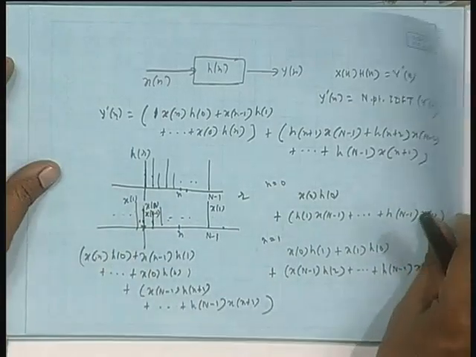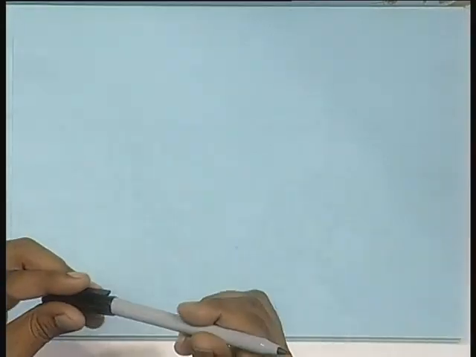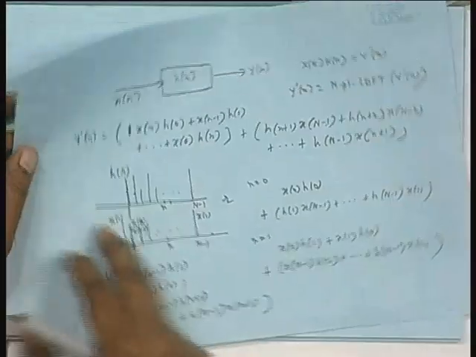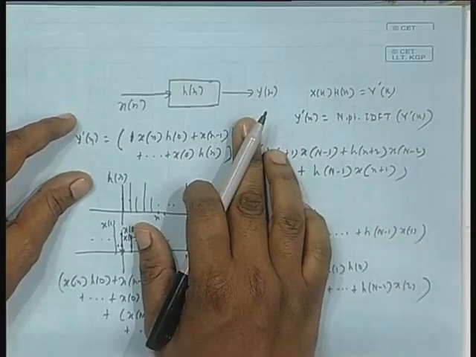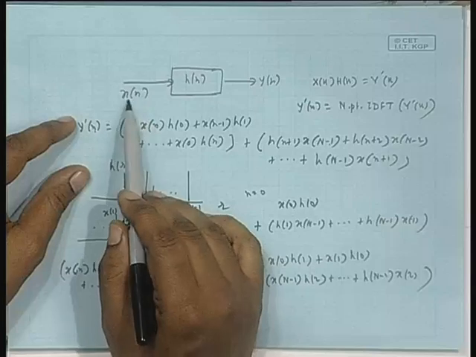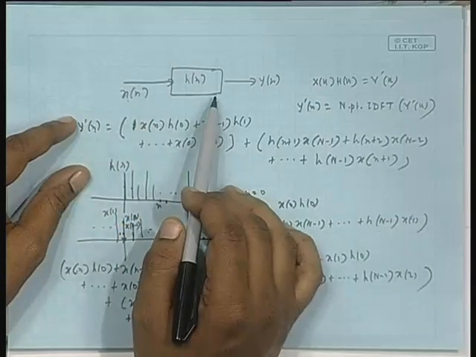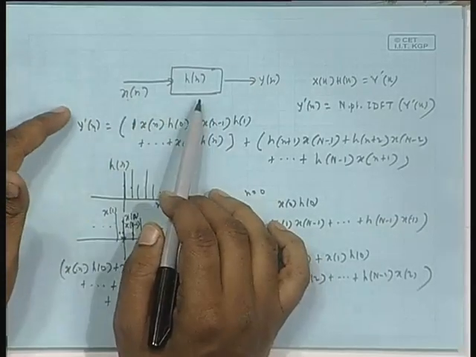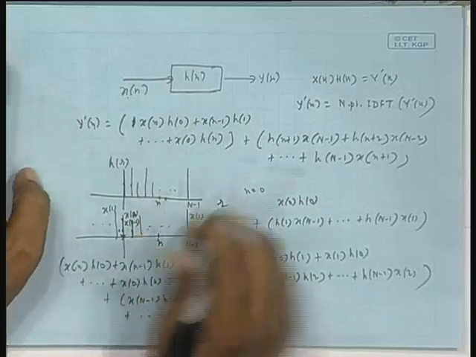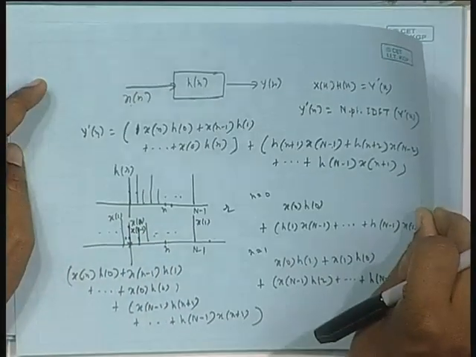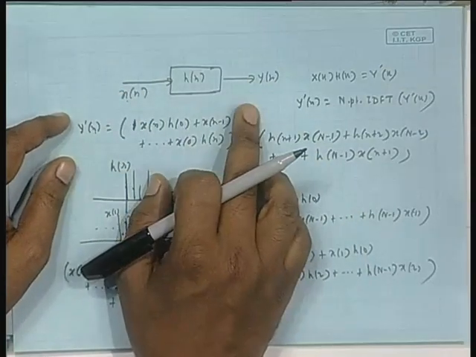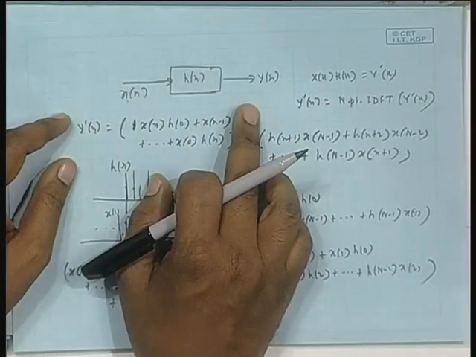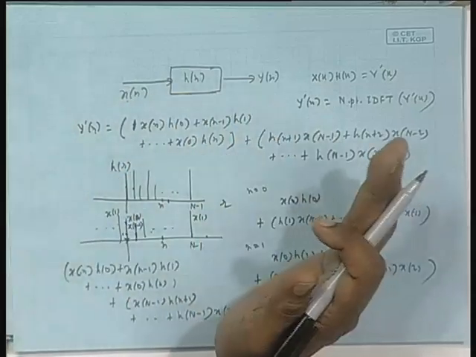That is why I draw it on the back side. By using this DFT technique only, I want to find out the linear convolution. Then what do we do? Suppose x[n] is of length capital N, h[n] is of length capital M, and N is greater than M. What I will do is add some zeros to both, because what is the length of y[n]? If it is length N and length M, y[n] has length N plus M minus 1.